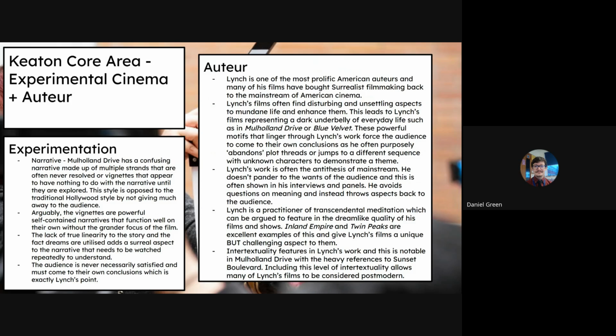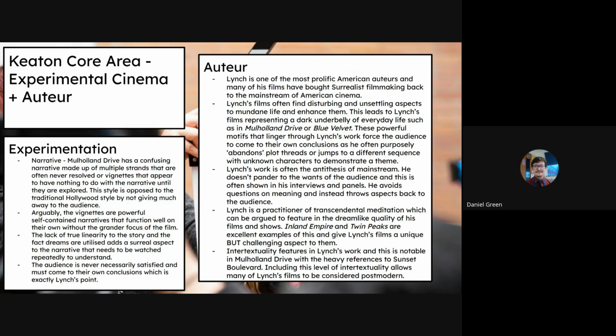This is opposed to traditional Hollywood style because it's not giving you the answers, and it's not giving you very much. It's leaving a lot to you to figure out as you go. So overall, you would think that some of the aspects, such as the Winky sequence with Dan describing the dread that he fears about going out back of this area and discovering something, his own internal dread, looks like a simple vignette that has nothing to do with the story. But when you read deeper into it, it's almost like Dan is a representation of Diane and how she is struggling to deal with her own existential dread.